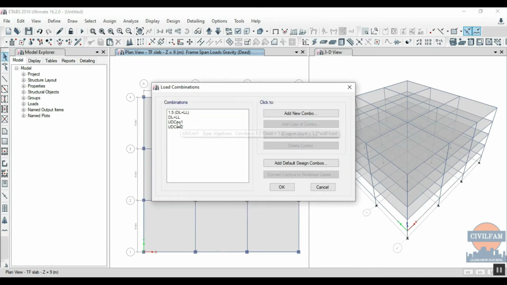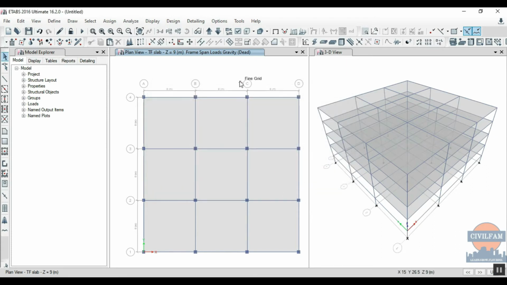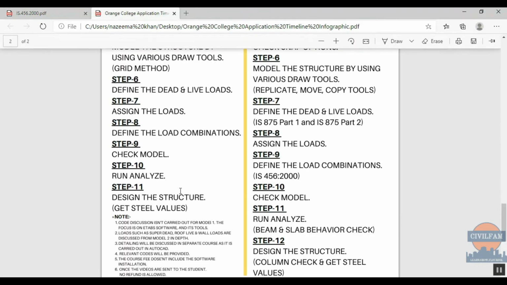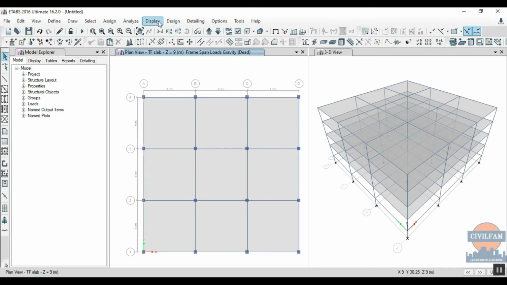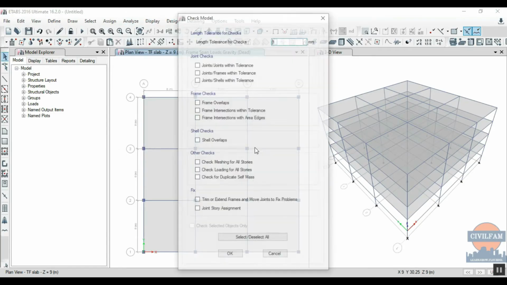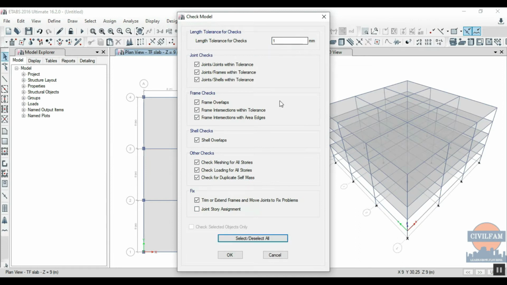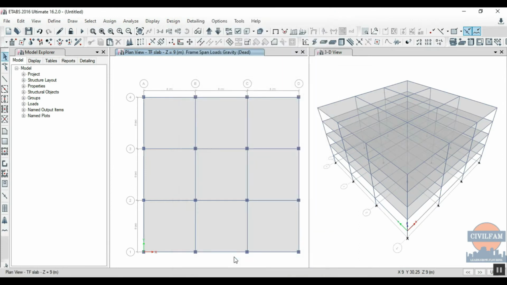So generally speaking, the good approach will be to have a base file in which you have already sat and defined all the combinations, and use that base file always before you start a project. Okay, for now just delete it and hit OK. So now what we have done, we have actually completed the first building almost. We have to do check model first. Alright, so I'm going for analysis, check model, select all the options, hit OK.